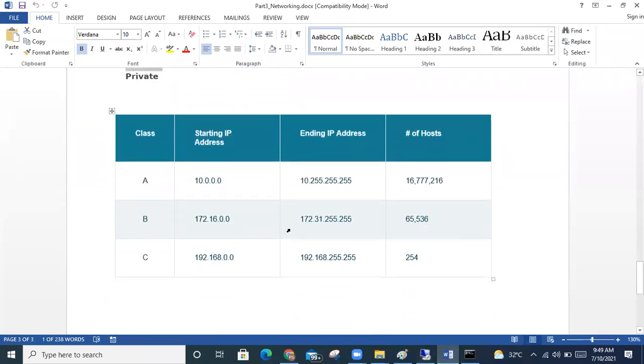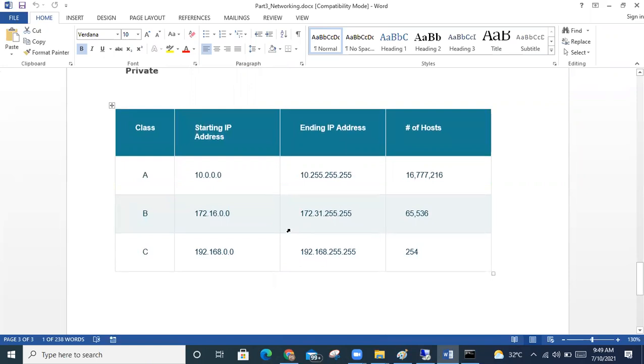So a private IP address is nothing but, within class A, you can use only the 10 series. Within the 10, anything can be used. Is it clear? 11.0, 11.1, you cannot keep for the local LAN in the company. You need to use only the 10 series of IP addresses.